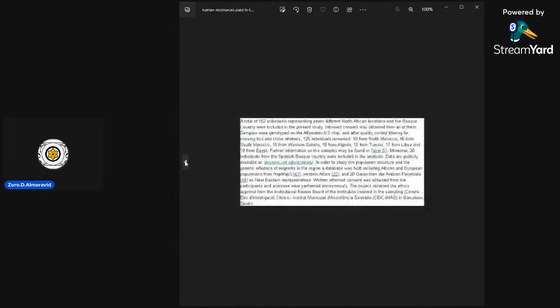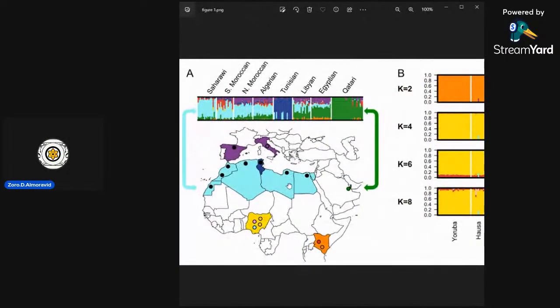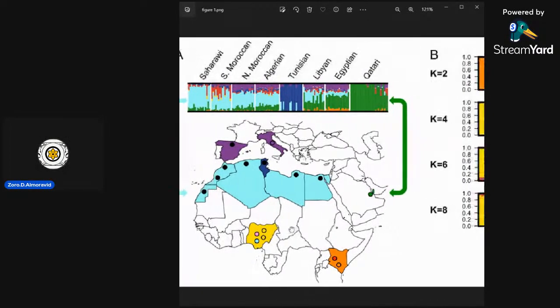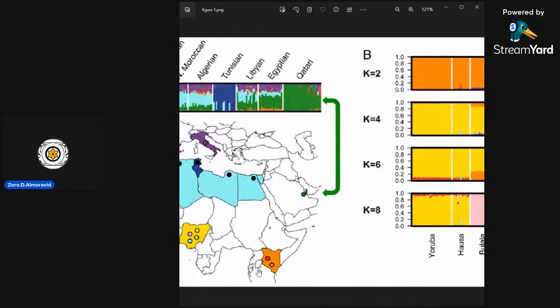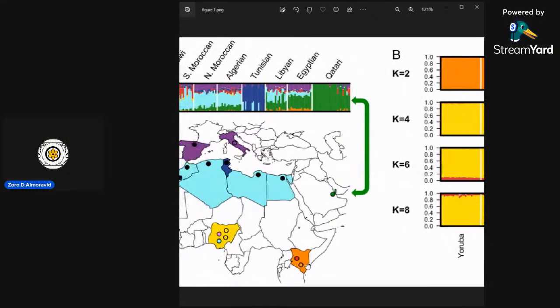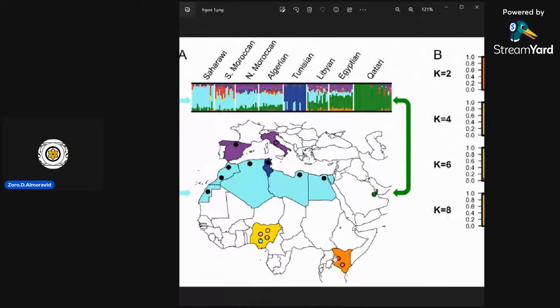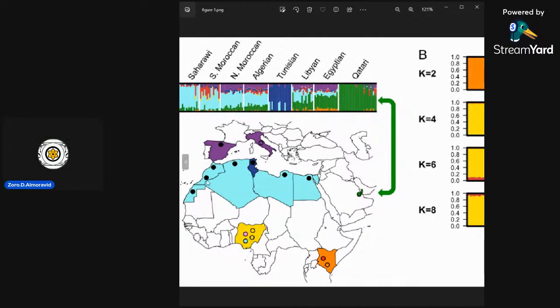We're going to talk about the West African components. As you can see here, we have chosen as reference some tribes like Igbo of Nigeria, some tribes of the Maasai in the Horn of Africa, East Africa, and West Africa. So this component here is largely found in Egypt, and these components here are largely found in Northwest Africans, which is completely logical when you just see it with your naked eye.